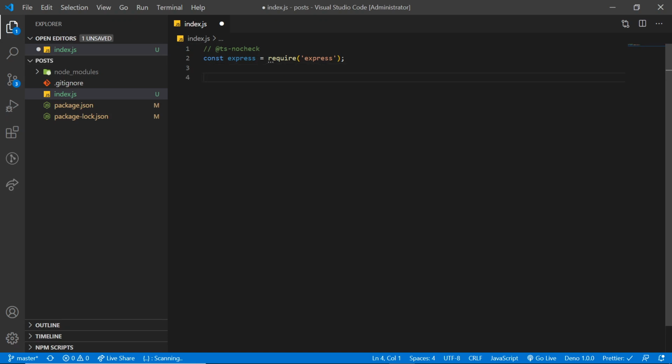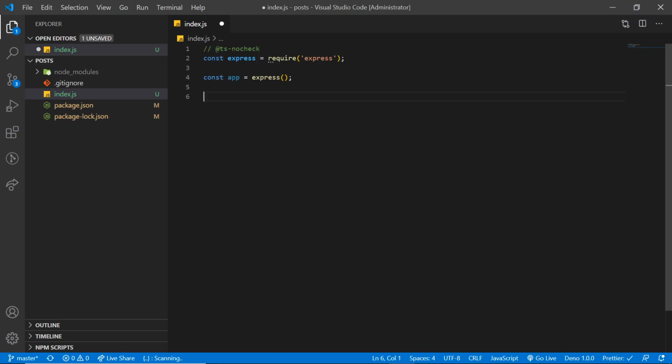I'll create a new app, and then I am going to associate those two different routes that we discussed earlier.